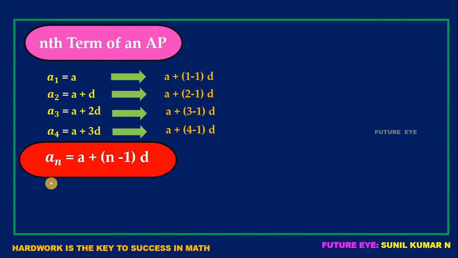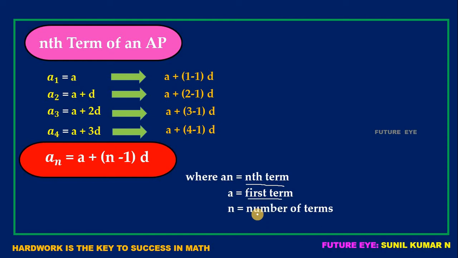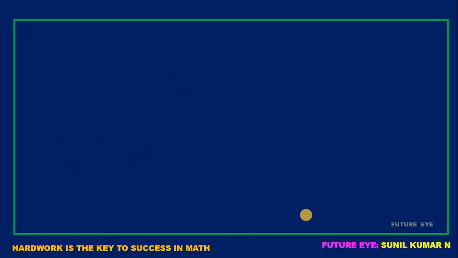Very important. Next, let us see what each term says in this formula, where an is the nth term. It means the last term. A is the first term. This you already learnt. And n is the number of terms. And d is, you know, the common difference. Next, we have a note here. And here also I am telling you one formula, children.